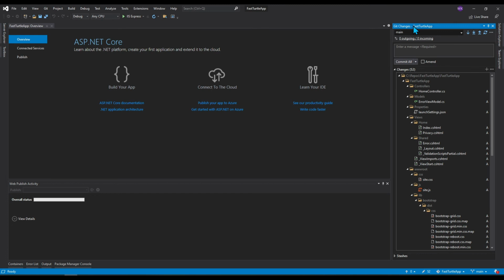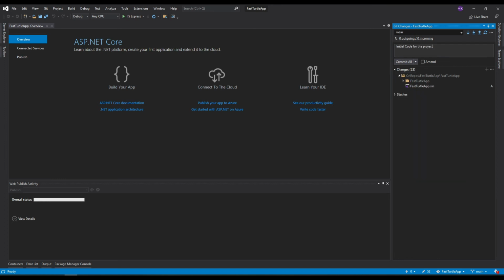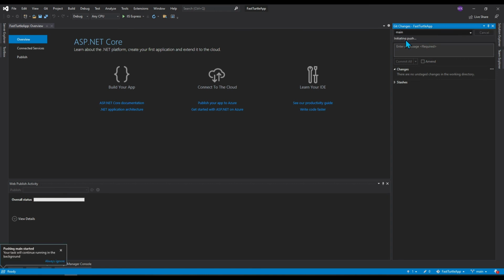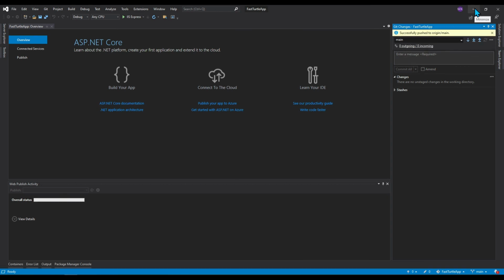So let me add a comment and push it to the Azure Git repo. I have added the comment. Clicking on commit all, it has committed the changes locally, and now I push it to the Azure Git branch. It is saying initializing the push, and in some time it will complete the push. So you will get feedback here also. You can see here: successfully pushed to origin main branch.